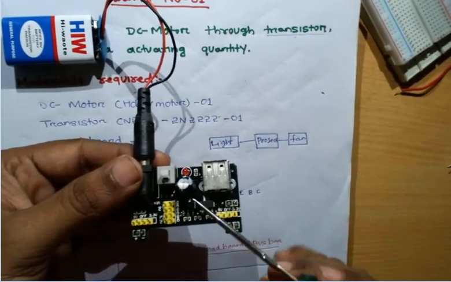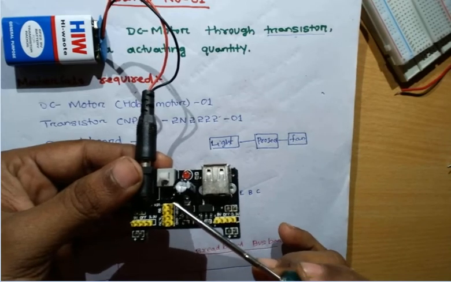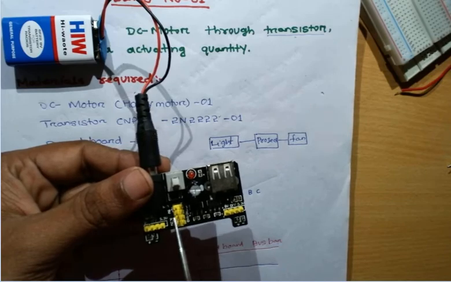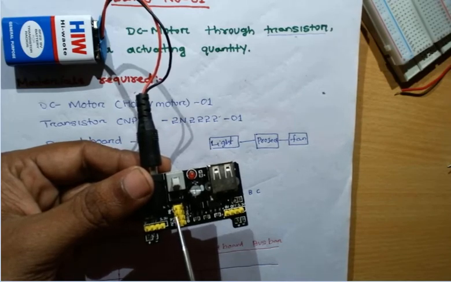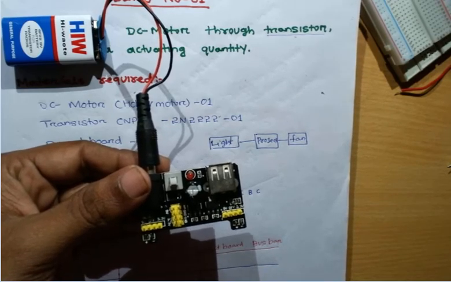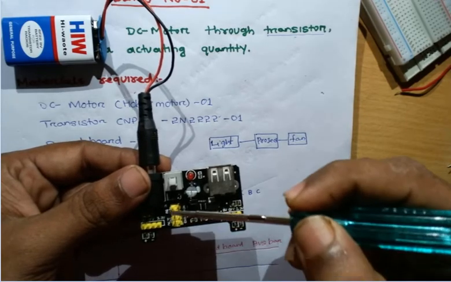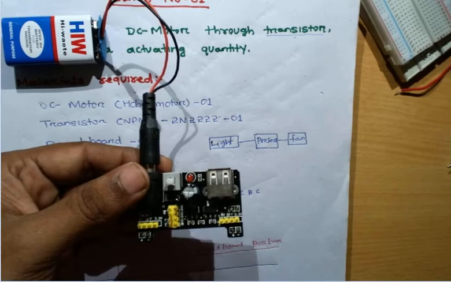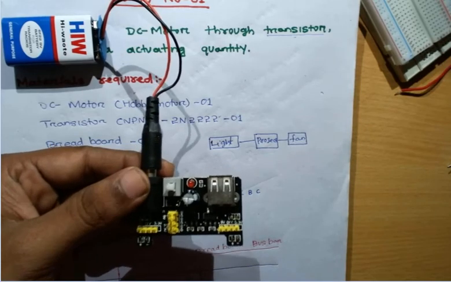Yes, now you can see, I hope all of you can see it. This 4 is the ground. This first 2 is the 5 volt I am getting, and this 2 I am getting 3.3 volt, but for my project I am getting 5 volt from this power supply unit. Here you can see, let me go through this power unit a little bit in brief.